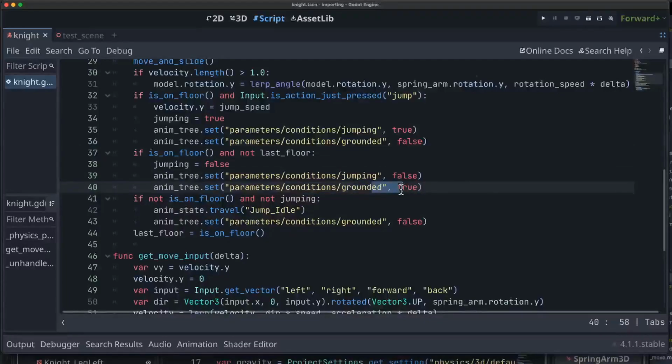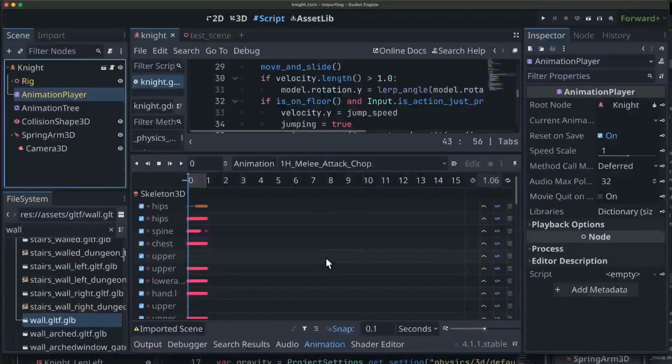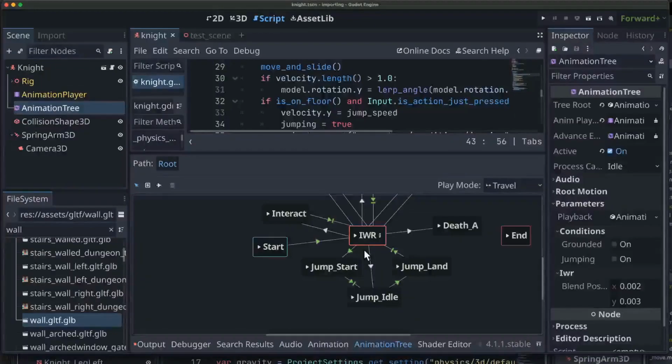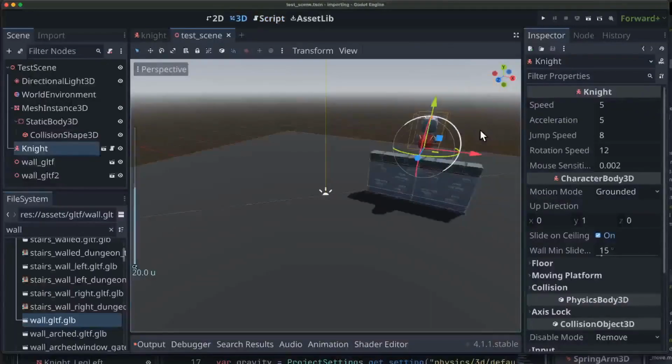the landing animation. And then there's also another condition we could have, which is if we're not on the floor and we are not jumping, then we must have just fallen. We stepped off a ledge or something like that. So we want to jump straight to that jump idle animation and set grounded to false. Right? So that's going to call animation tree. That's going to call this transition, right? Instead of bending our knees and jumping up, we walked off a ledge, so we're going to jump straight to jump idle. Okay, so over here in the test scene, I've put the player up on top of the wall